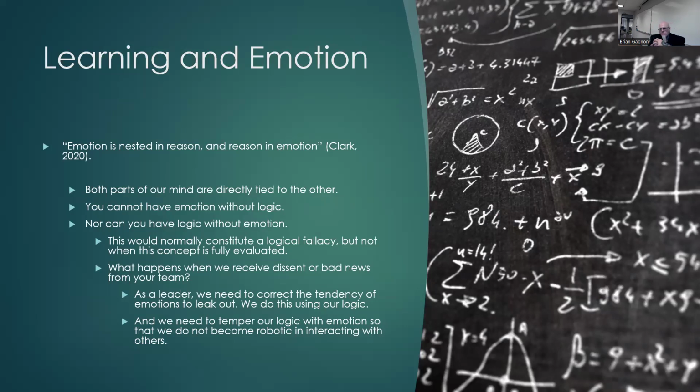And this is because if we allow for our emotions to run amok, we can use our logic to come over and squash them down a bit, to temper them. And if our logic is getting to the point that we sound like a robot, our emotions can come back up and humanize us and squash some of that logic. So it's really situation dependent, which one is encompassing which one at that moment.